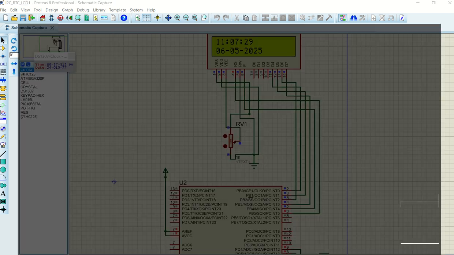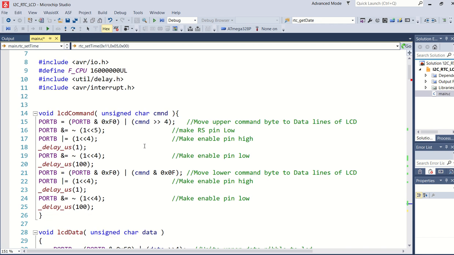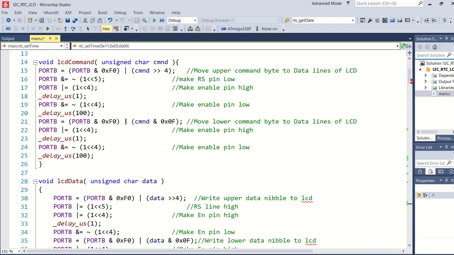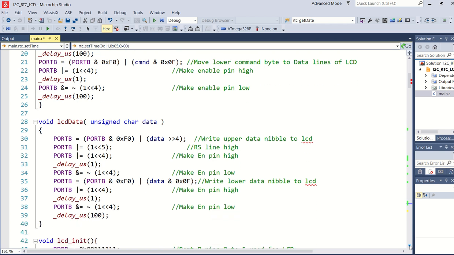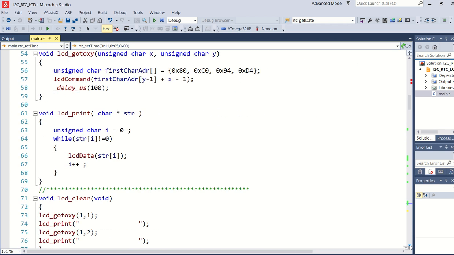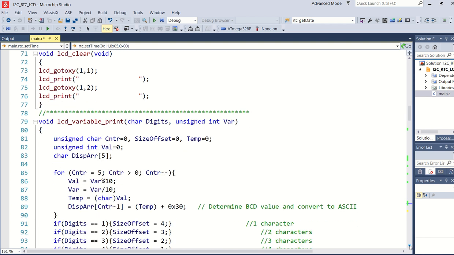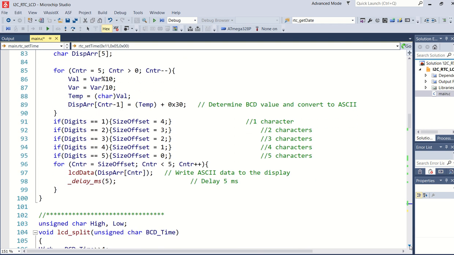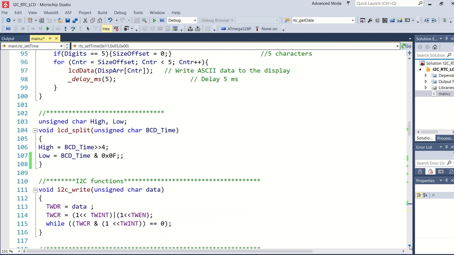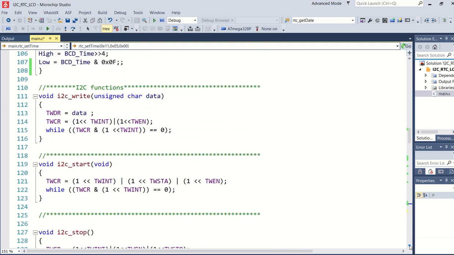So if I can just go to the program again. As I've said, I've already explained this. I'm not going to explain this LCD command or the data or initialization or the go to or the print. I've done all of this in the previous video. Variable print, I've done all of that. LCD split, I will get to again.